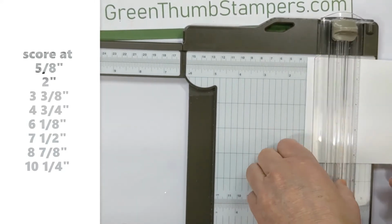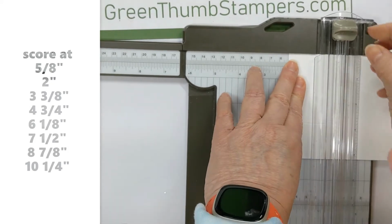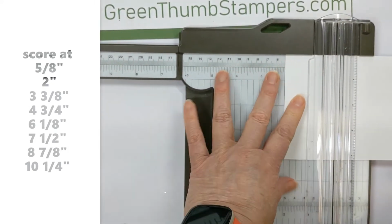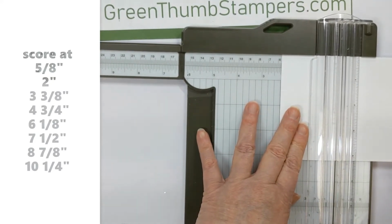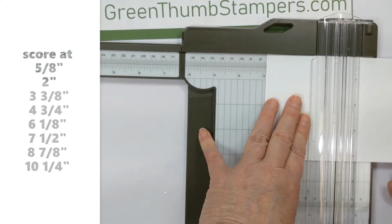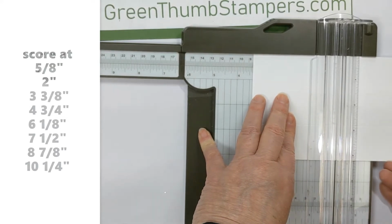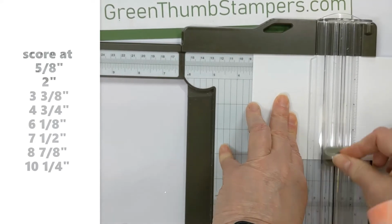Then you're going to go to 2. And I do have all these directions on my newsletter tutorial file. So if you go to greenthumbstampers.com, you can sign up for my newsletter, and then you'll have access to my tutorials, and this will be in there with written directions. So now you want to go to 3 3/8,